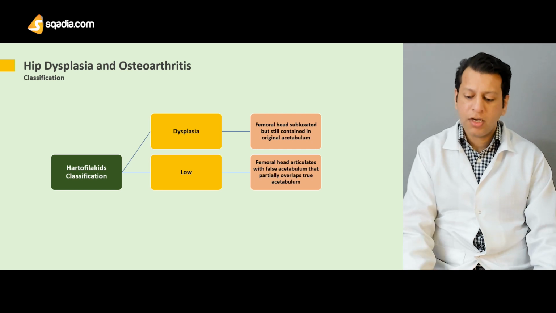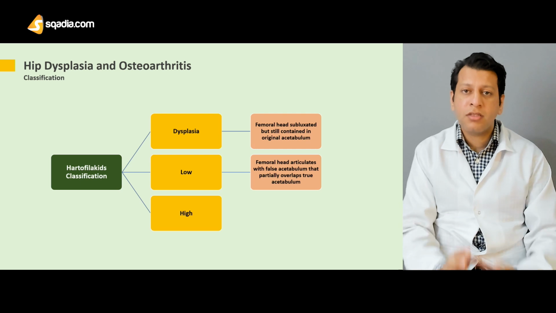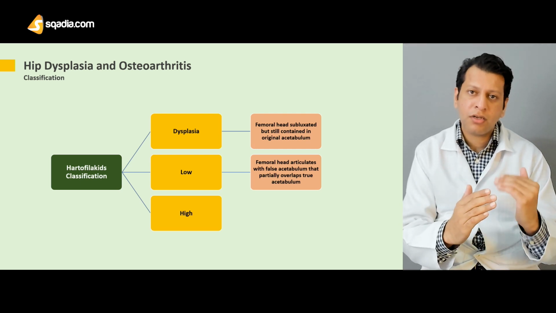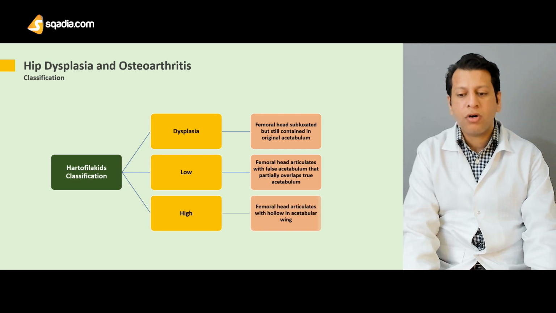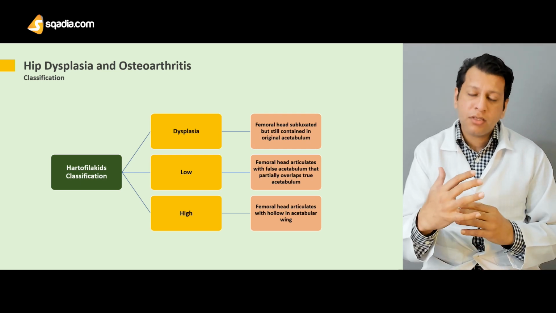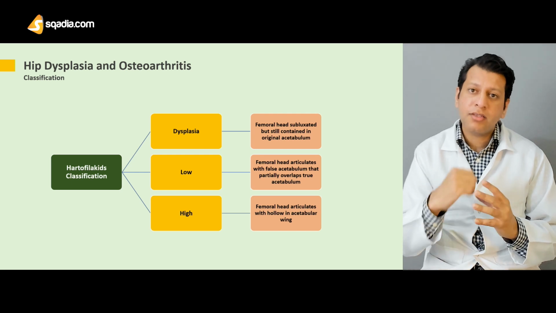Now it could also be high as well, or it could lead to a problem in which the false acetabulum and the true acetabulum are quite far apart. The head has actually gone up when the femoral head articulates with the hollow in the acetabular wing. The problem is that there is a false acetabulum formation in the iliac wing, and the head is actually articulating